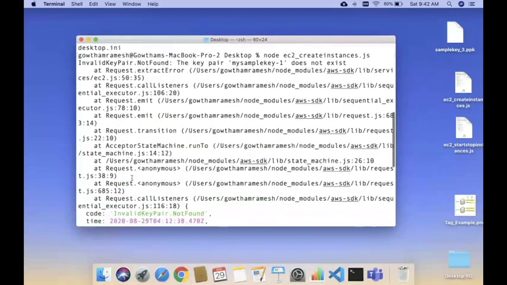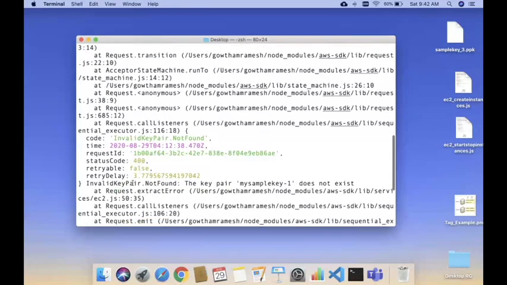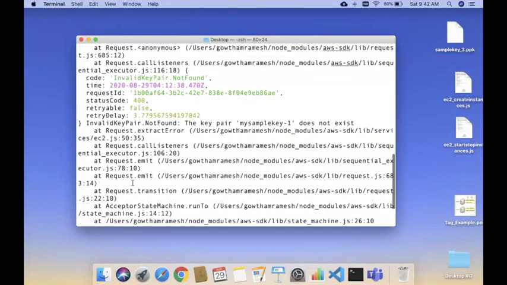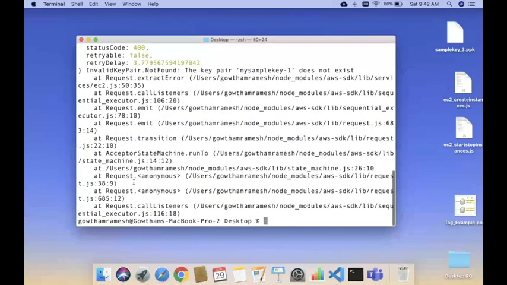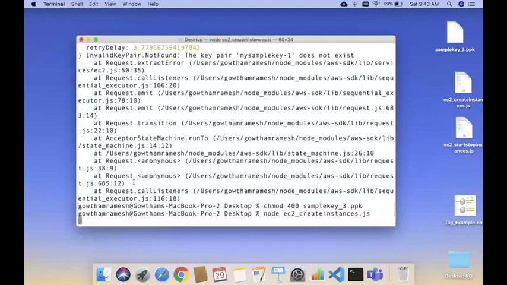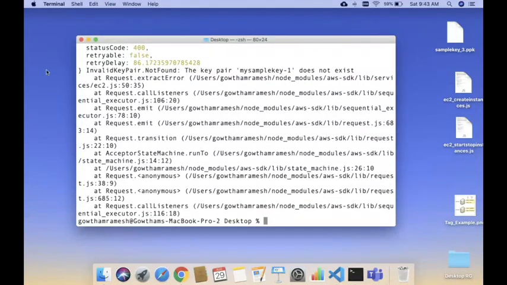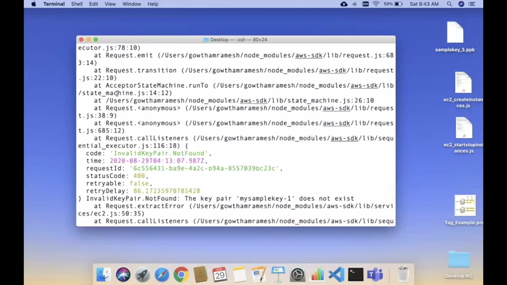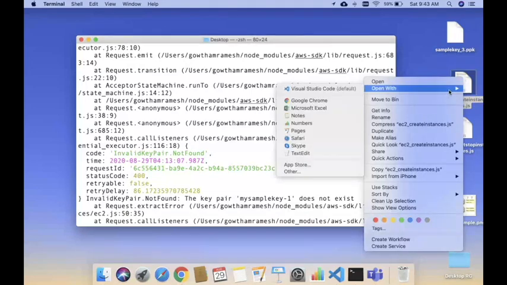There is some error. It says the key pair is not found. So I'm going to run chmod 400 sample_key_3.ppk. It still says the key pair is not found, so I think there is some problem in the key pair.